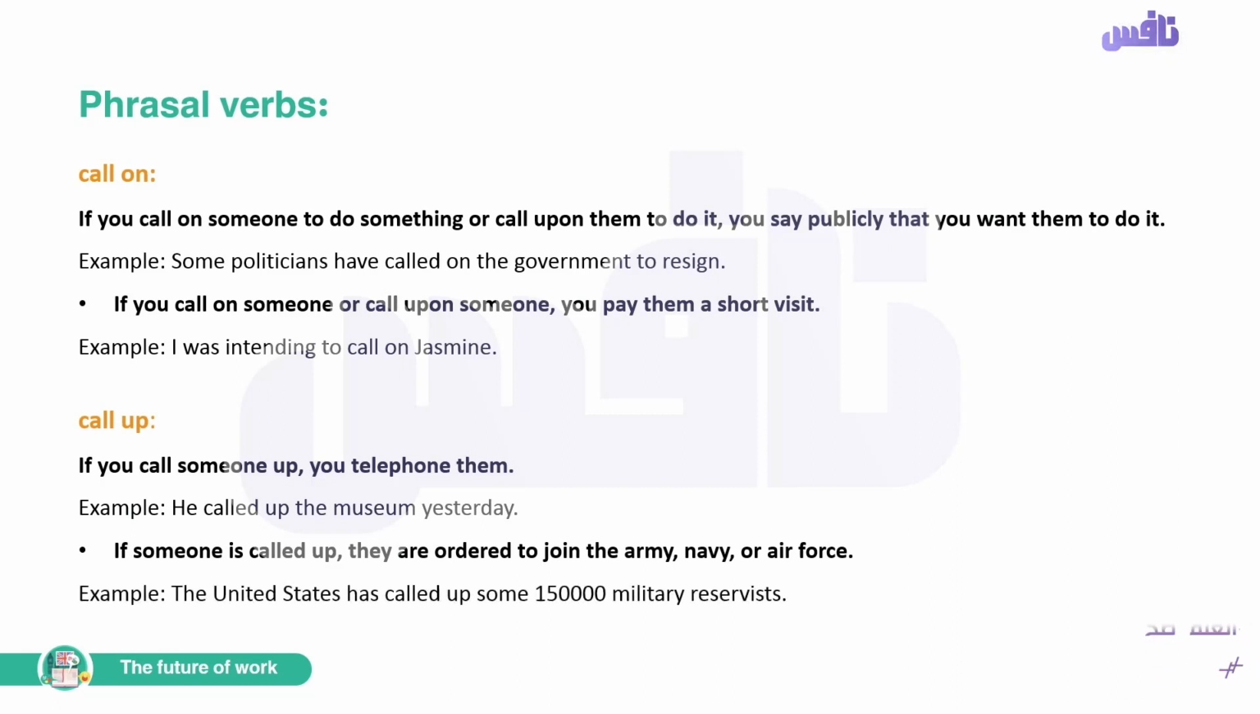في الإكزامبل بيقول لنا the United States has called up some 150,000 military reservists. يعني طلبت أو أمرت الولايات المتحدة إن هي إيه؟ إن هي 150,000 من الجنود الاحتياطيين للتقدم